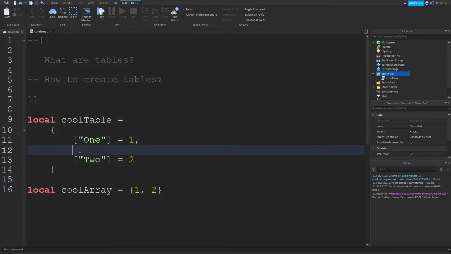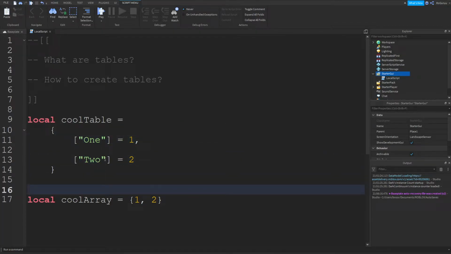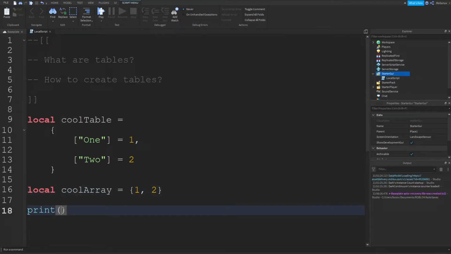So here we have a nice table. Well, how do we get a value out of it? In an array, we would print out array, and then we'd give a position. So for example, for this number 2, we'd put a 2 inside these square brackets since it's position 2.